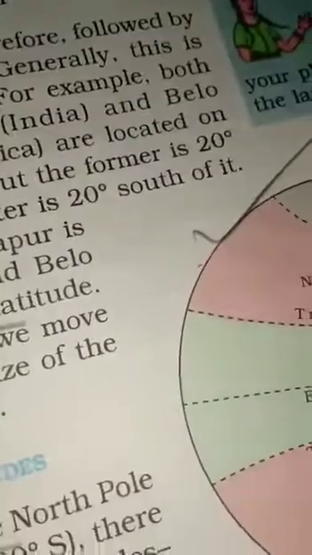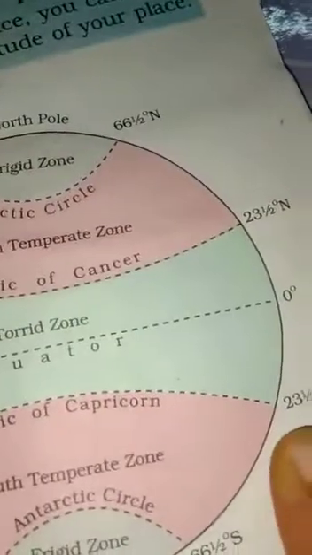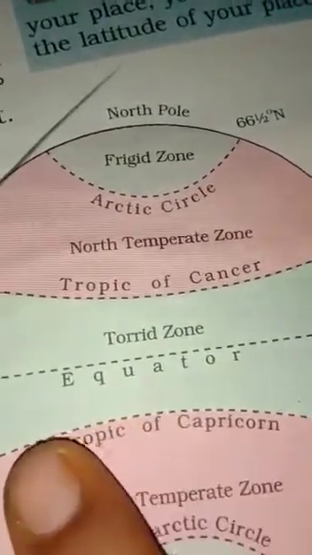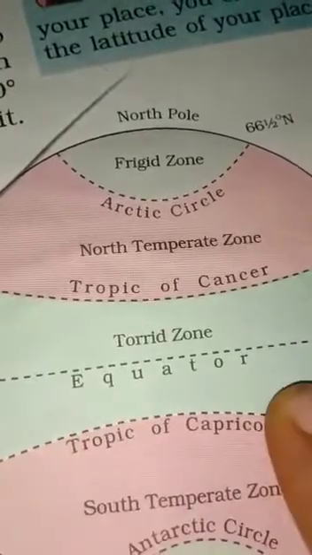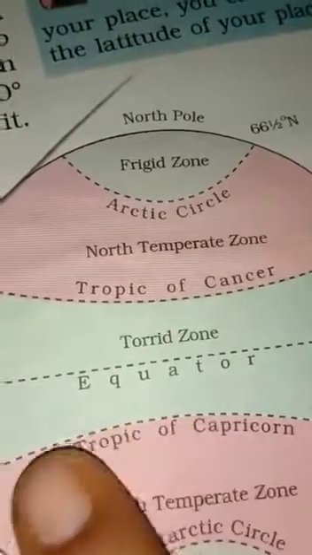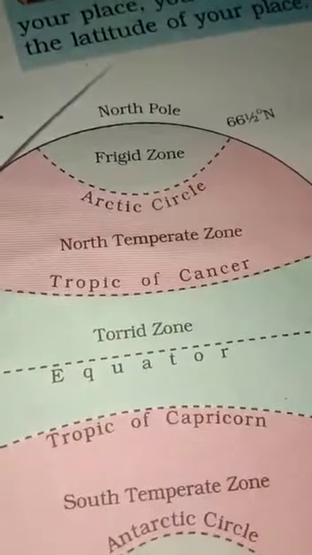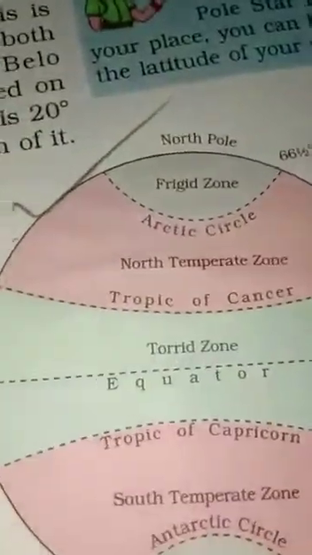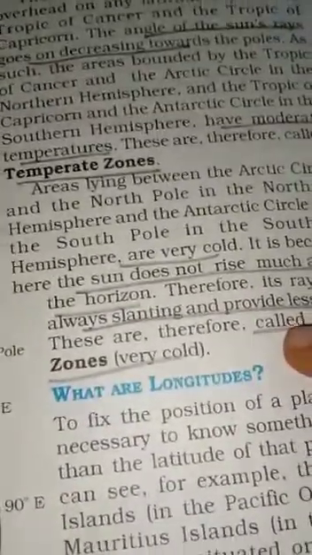Here if you are looking, 23 and a half degrees south, and that line both are coming here. One is Mauritius and one is the Tonga Islands, both are here at 20 degrees south. Then how is it on the left side or right side, how will we come to know the degree? Only if we know that, how will we find out the place?